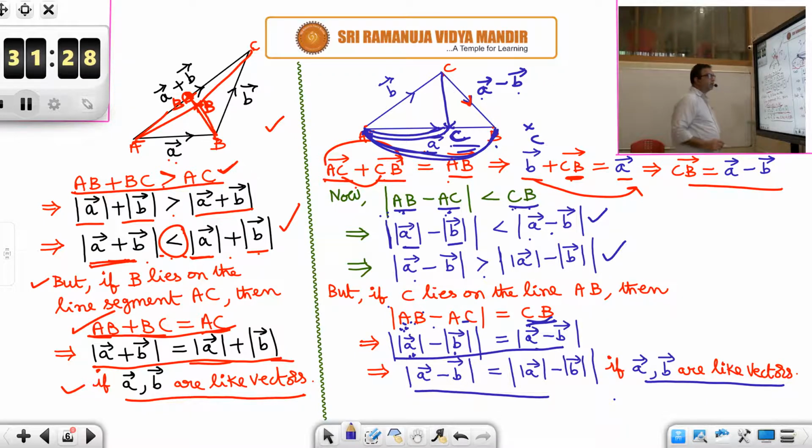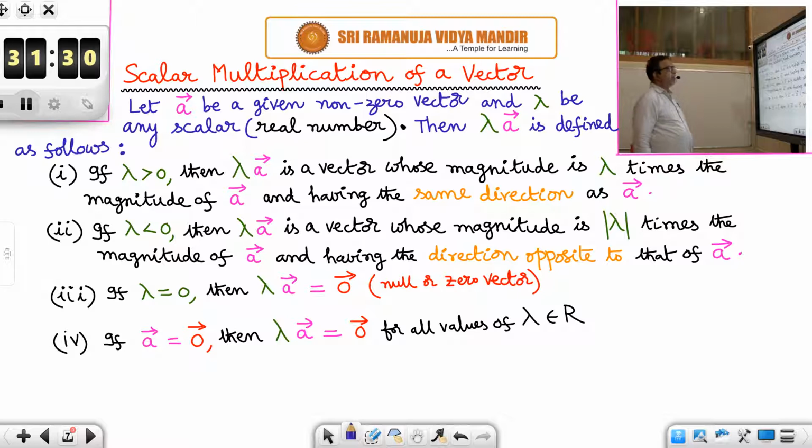So let us go forward. Scalar multiplication of a vector. This is an important concept. Let A bar be a given non-zero vector and lambda be any scalar. Scalar means just a real number only. 5, minus 10, 1 by 2, root 2, all these are real numbers. They are called scalars. Let A bar be a given non-zero vector and lambda be any scalar. Then lambda A bar is defined as